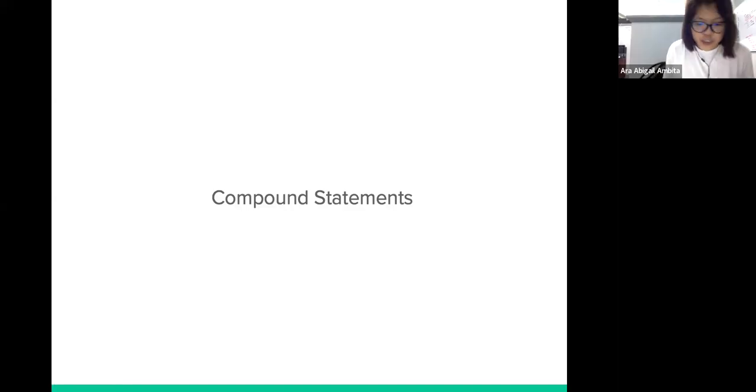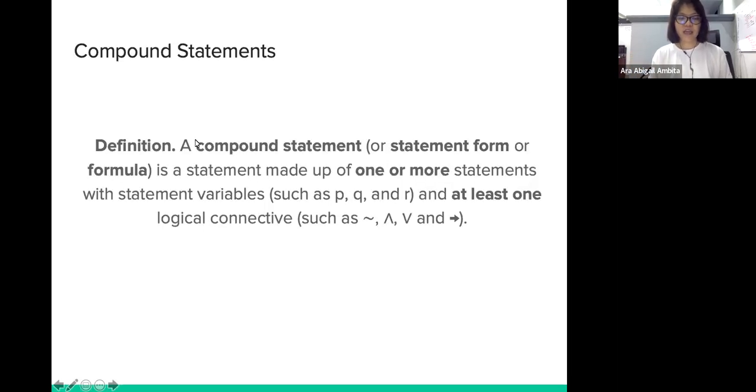In the previous lectures, we have introduced you to the most important logical connectives: conjunctions, disjunctions, conditional statements, biconditional statements, as well as negations. We can use these connectives to build up more complicated compound propositions involving any number of propositional variables. Formally, a compound statement is a statement made up of one